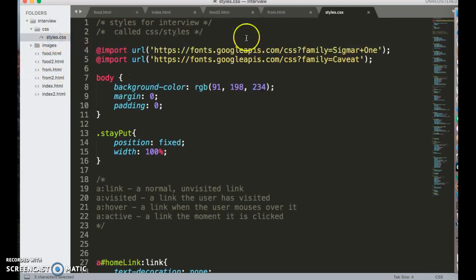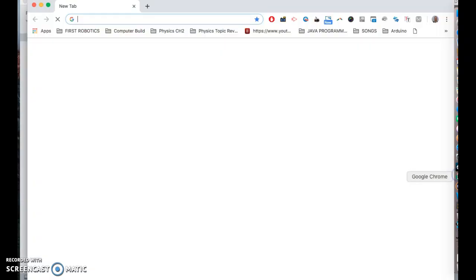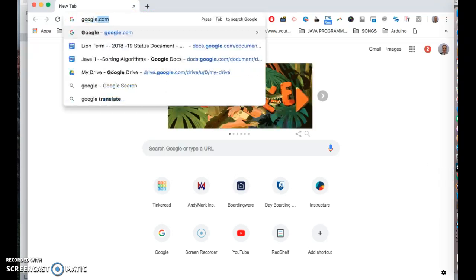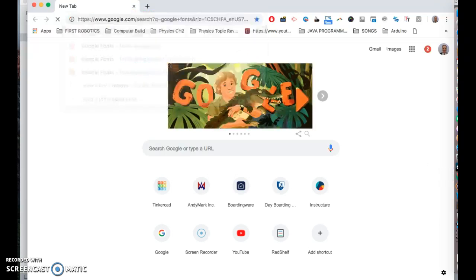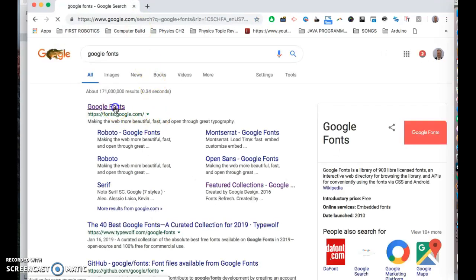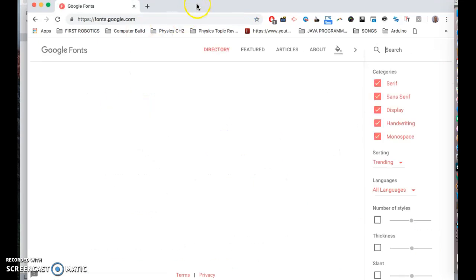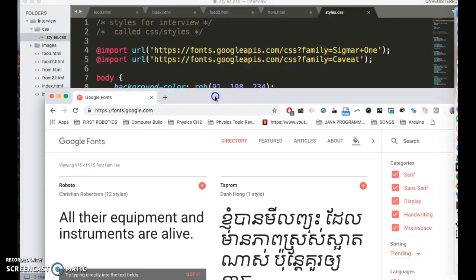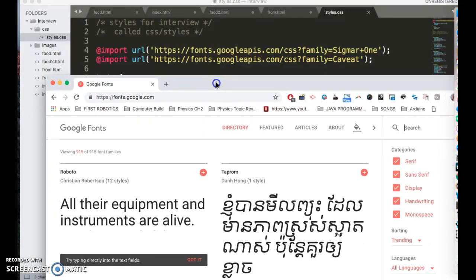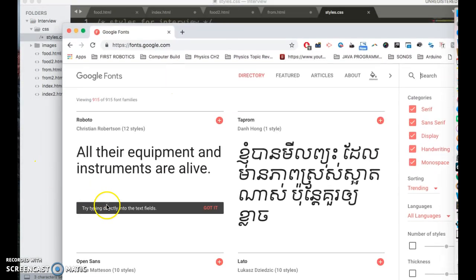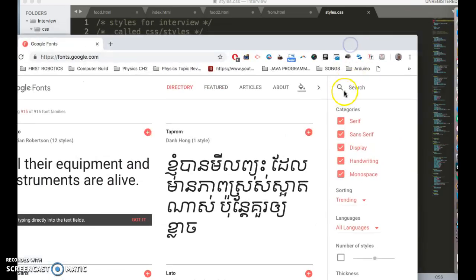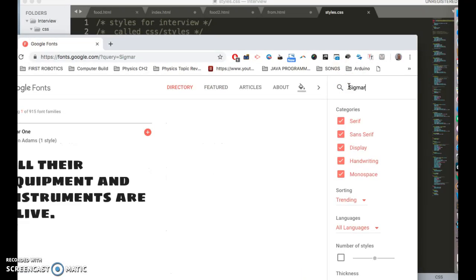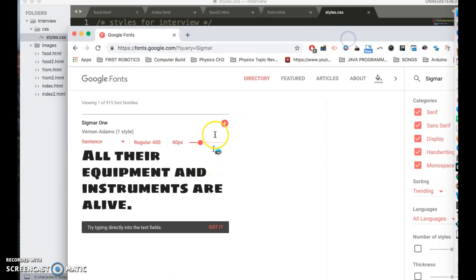Okay. And what I did was on Google Fonts, let me see if I can get to Google Fonts here. On Google Fonts, I am using, I guess, Sigmar 1. So I'll go here. Yeah, this is the Sigmar 1. This is my top font. So if I add it to my list and I go pop it up,